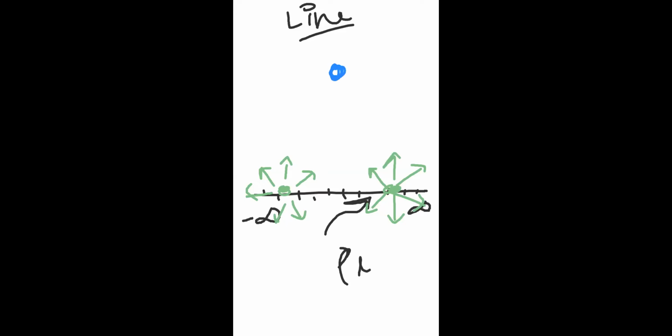Then what is the electric field on me? Anyway, for the point charges, the electric field will be going in all directions. Okay, so now what happens? These components cannot contribute to me because they are going in some completely other direction. But if you consider the component in this direction, it will contribute to my electric field. For simplicity, I take one component coming this way and another component coming this way.